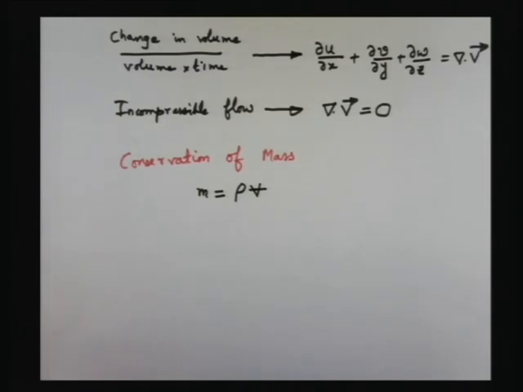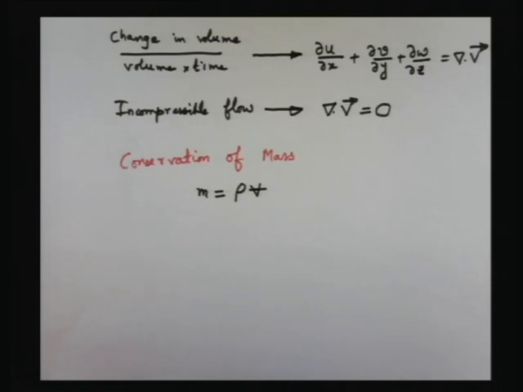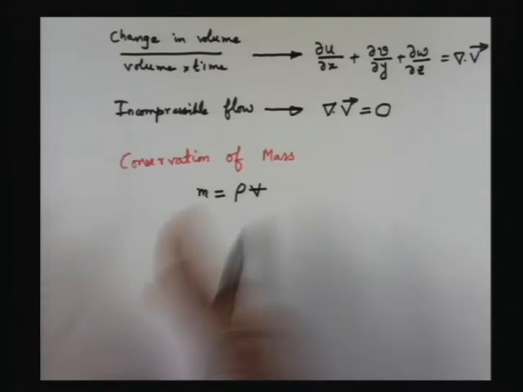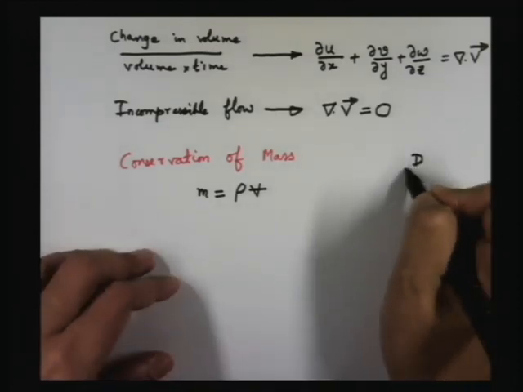Mass is equal to density into volume, right? None of us will argue with this. So then what we do here is follow an approach which is based on the total derivative of both sides. So when we say the total derivative, the capital D/Dt,